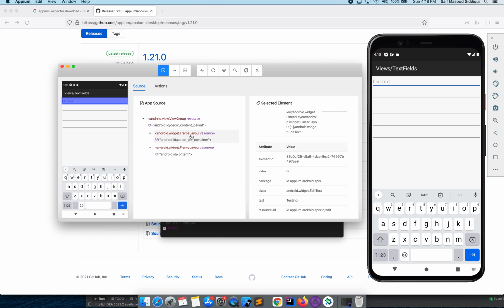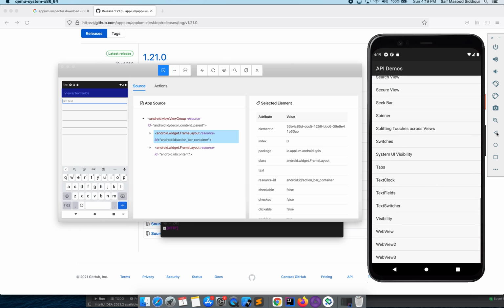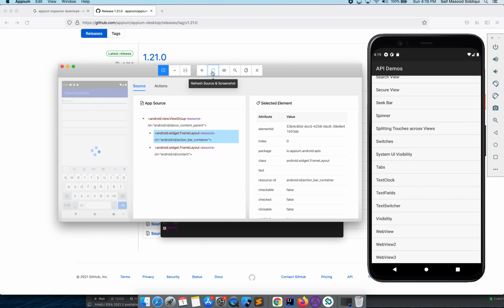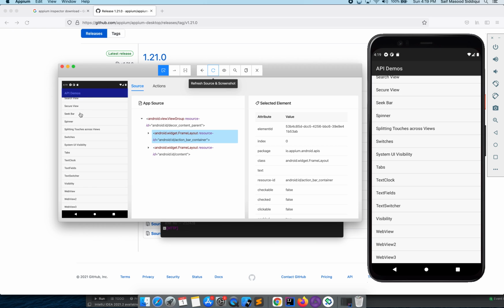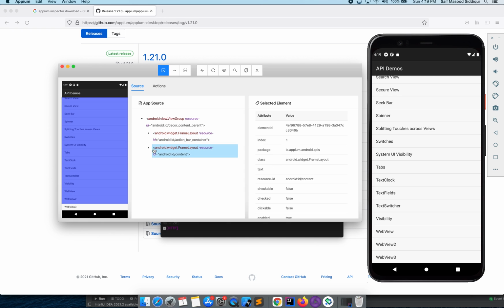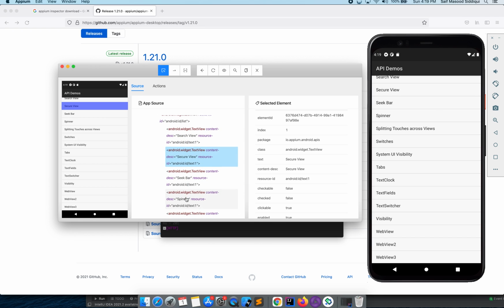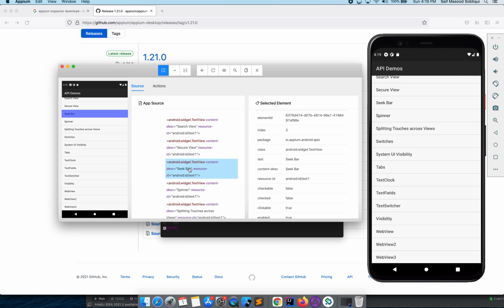And in the source, if you want to identify elements, sometimes you need to go back. Say I'm not able to identify this seek bar by clicking on it. So what I can do is narrow down my search and keep going down until I'm able to find the element with seek bar. So likewise, if you are not able to directly find the element by clicking on it, you can go inside the app source and try finding the element.